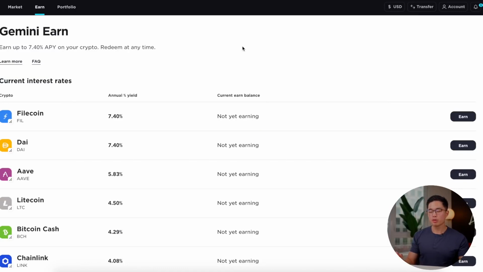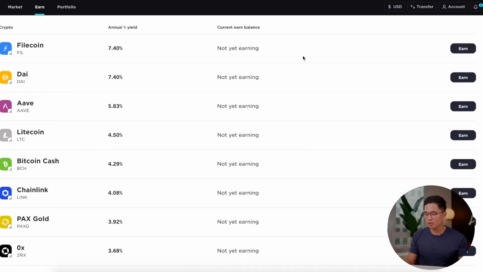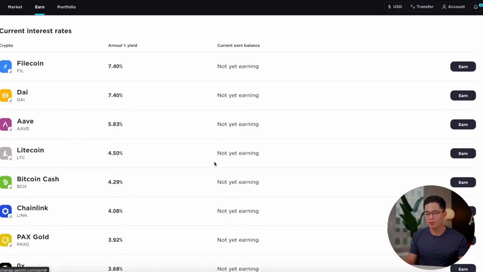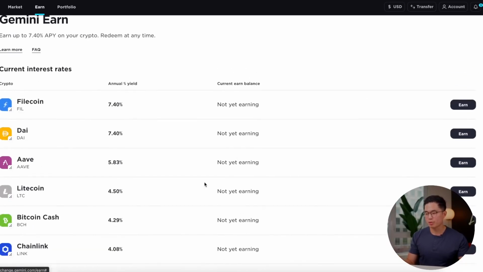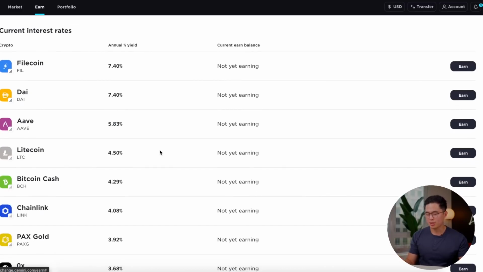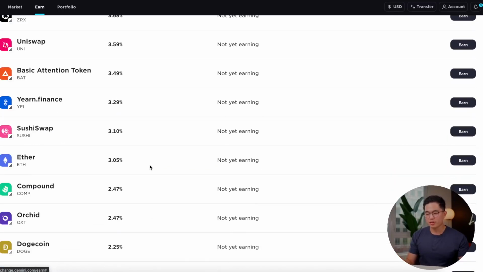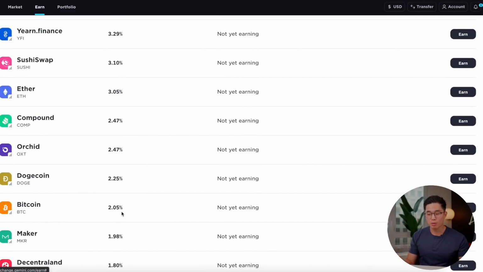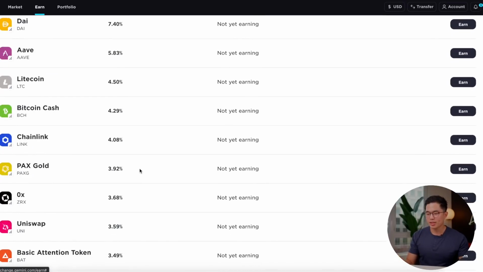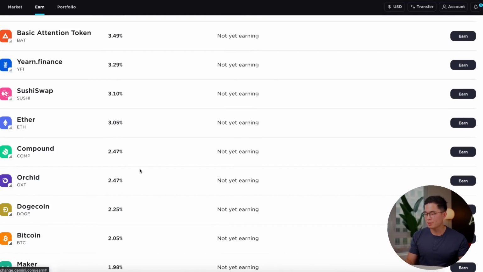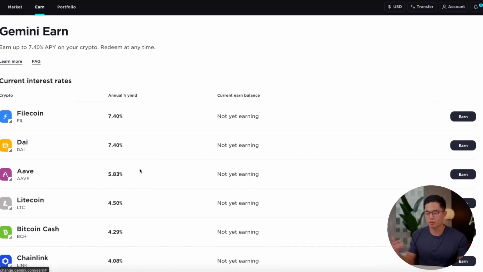Gemini also has a really cool thing called Gemini Earn. So if you actually have any of these coins right here and put it into your account, you're gonna start earning this annual percent yield that's listed right here. So for example, let's say you have Litecoin, right? If you have Litecoin in your account, you can earn 4.5% on that. If you have Ethereum, you can earn 3.05% as of right now. If you have Bitcoin, 2.05%. And yeah, this is a pretty interesting way to actually make some money from the Bitcoin or cryptocurrencies that you